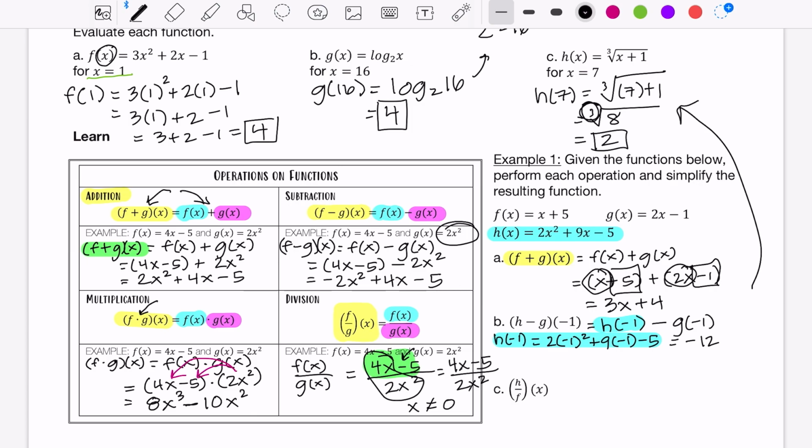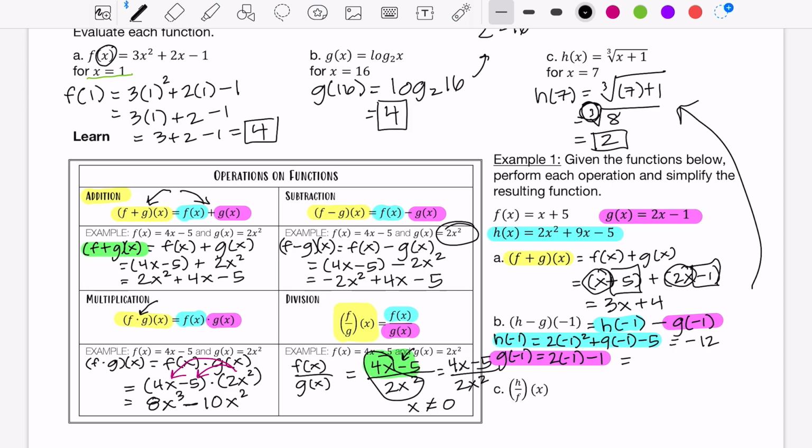And then I'm going to go into my next function that it tells me to go to. So I'm just following the rules, which is g of negative 1. And I'm just going to plug in g of negative 1. So that's going to be 2 times negative 1 minus 1. Yep, it's a different function. That's why they named it g and not h this time. So that's where I'm plugging into. And when I do all that math, I end up getting 2 times negative 1 is negative 2 minus 1